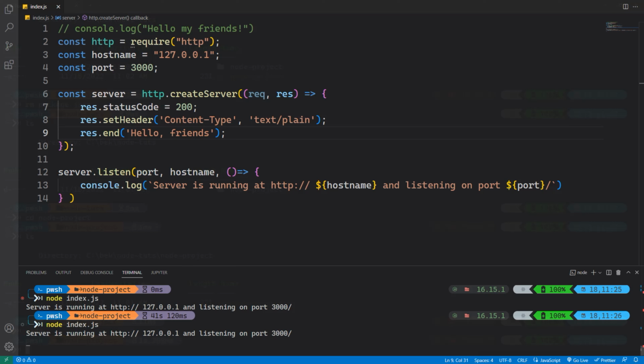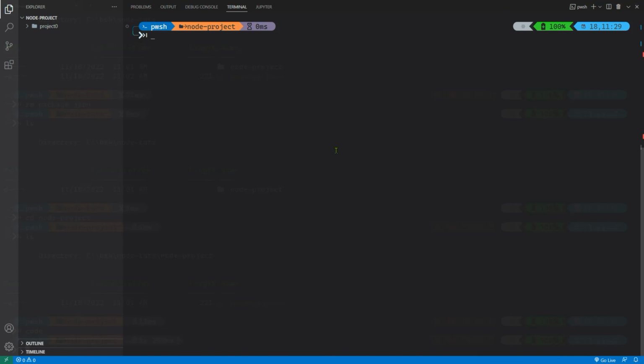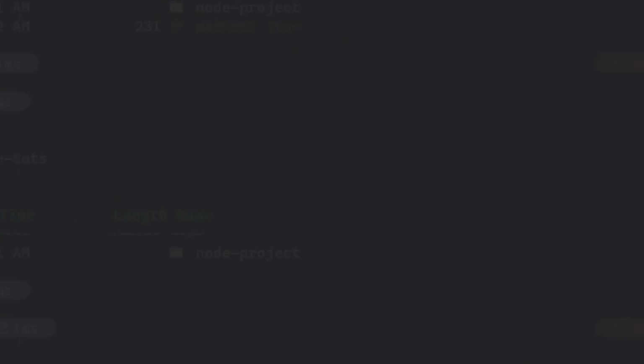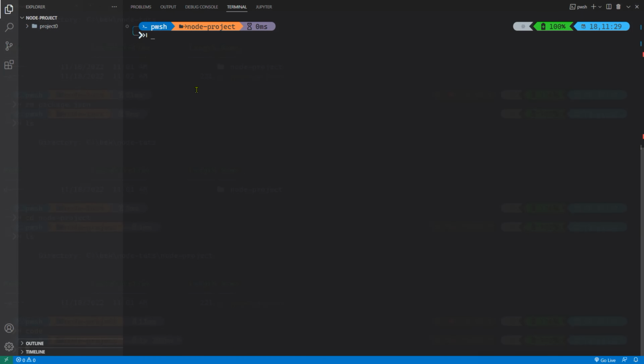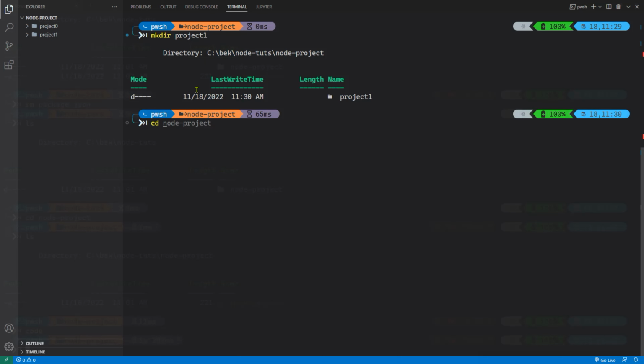Now let's go and check out how Express and Node can work together to create that server and getting information from the backend to the front end and vice versa. All right, welcome back. So the project that we've created, I just moved it to project 0 folder, and I want to create another project. I will call it project 1. So I'm going to create that folder, project 1, cd project 1, and then inside I want